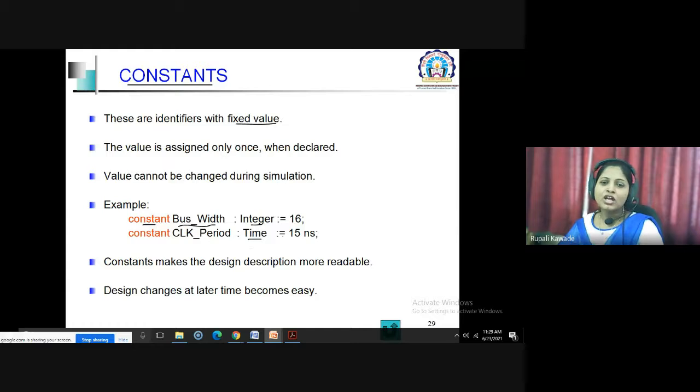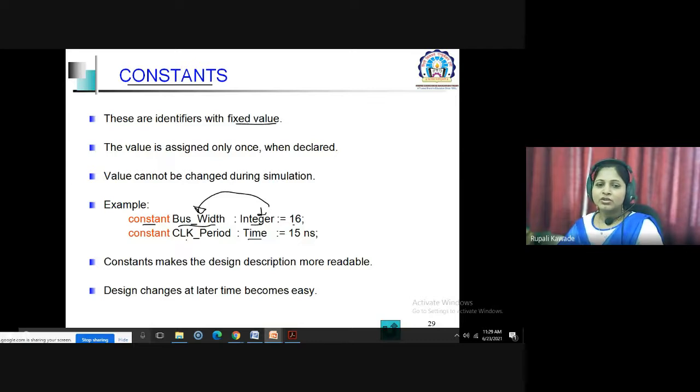This is the initialization for that particular bus width. So 16, which is the integer value, will be initialized to this bus width, which is a constant. Whenever you refer to bus width in your code, it will take the value 16, which will be constant throughout the program run.